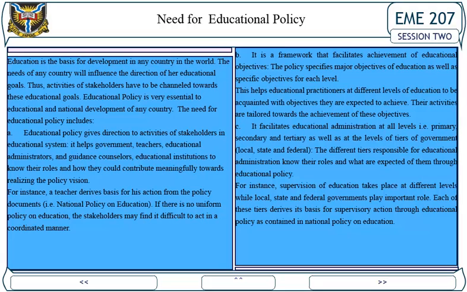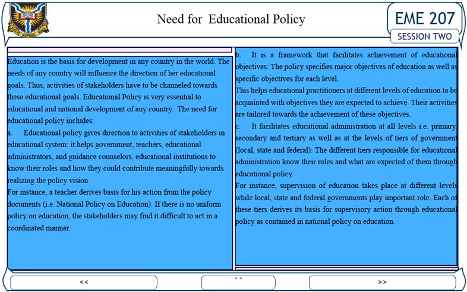Need for educational policy. Education is the basis for development in any country in the world. The needs of any country will influence the direction of our educational goals. Thus, activities of stakeholders have to be channeled towards these educational goals. Educational policy is very essential to educational and national development of any country. The need for educational policy includes: